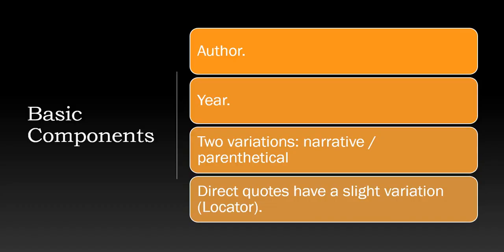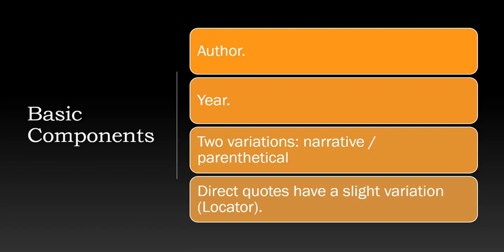As stated before, APA uses an author-date citation system. Your citation must include the author and year. And this author and year correspond to the reference page entry, just like a URL in a hyperlink. If the address isn't completely correct, you get a broken link.